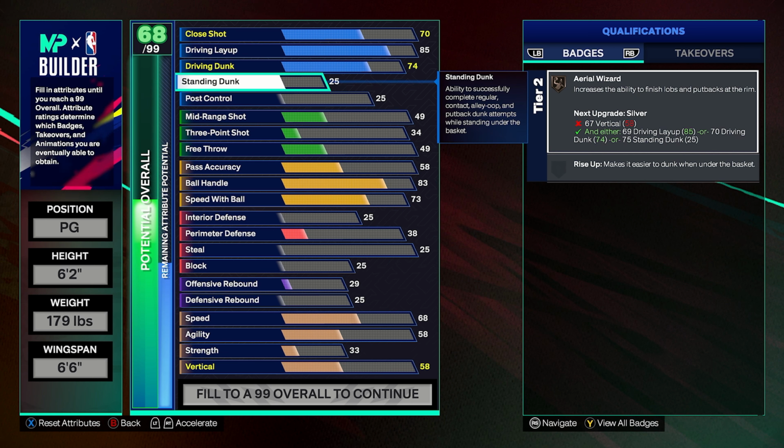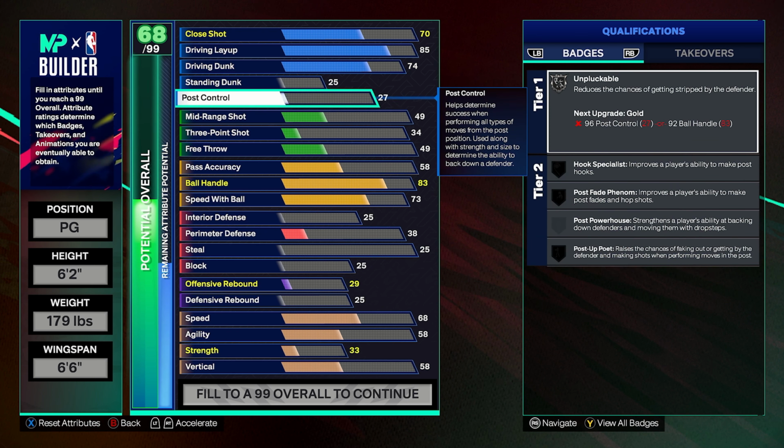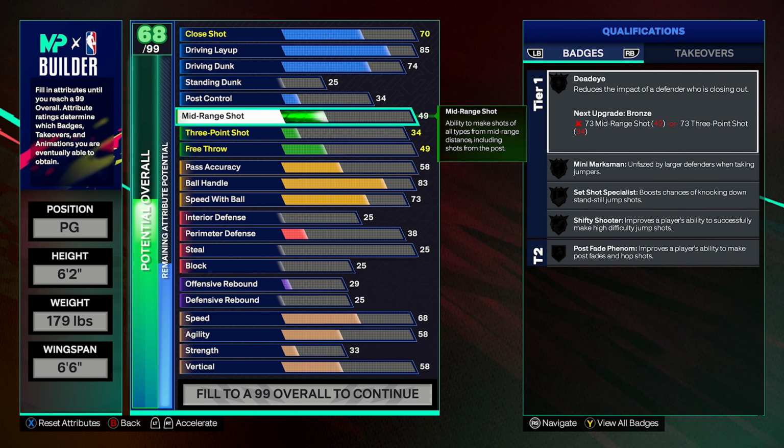Now moving on down, next we have our standing dunk. We're not going to put any standing dunk on this build, and post control we're going to put up to a 34. Now obviously this doesn't help with unpluckable or anything like that, but towards the end of the build, it's something that I had to add on. So moving on now to our mid-range, we're going with an 85 mid-range,